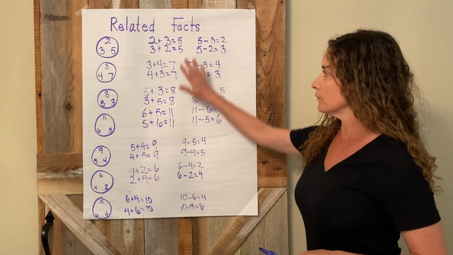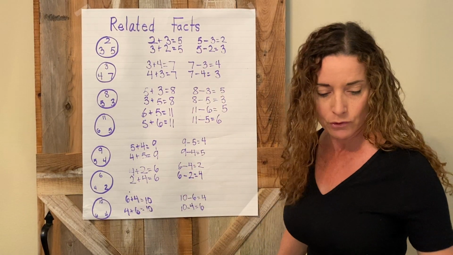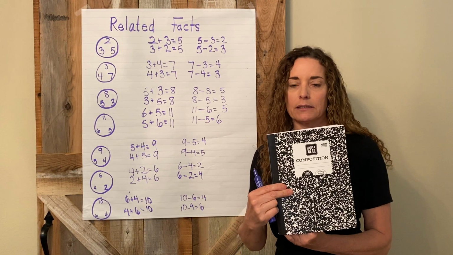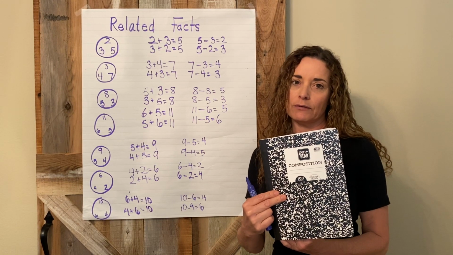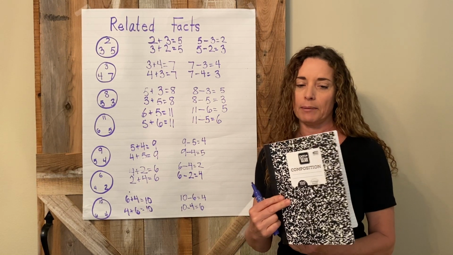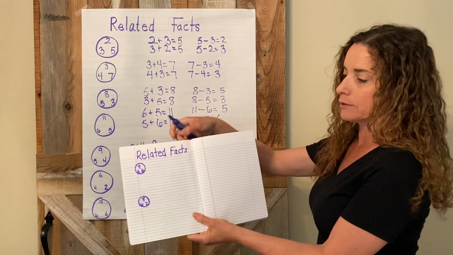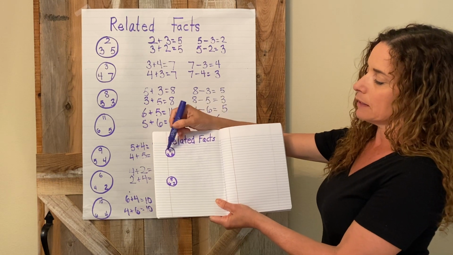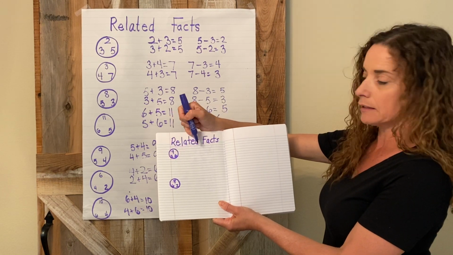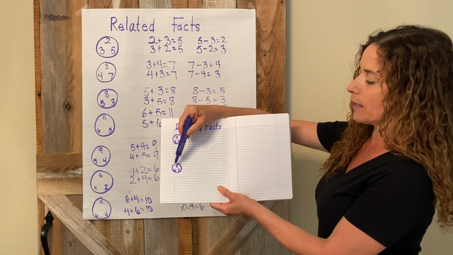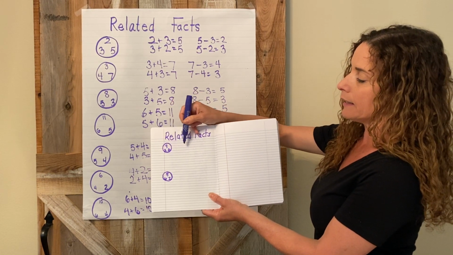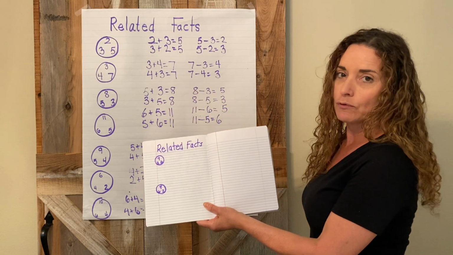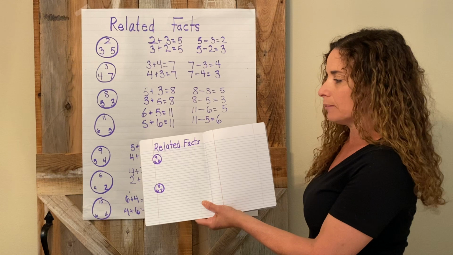Okay, we've done all of these together. I want you to get out your math journal or a piece of paper. My class has a math journal that looks like this. I think the other two teachers might have a different looking math journal, but again, you can just use a piece of paper. And I want you to put these numbers in a circle and write related facts at the top. And the first circle should have a 9, a 3, and a 6. And the second circle should have an 8, a 6, and a 2. And I'd like you to make 2 sets of fact families with the same 3 numbers, 2 addition and 2 subtraction problems, and then bring them to your